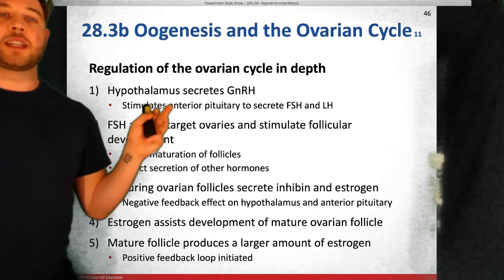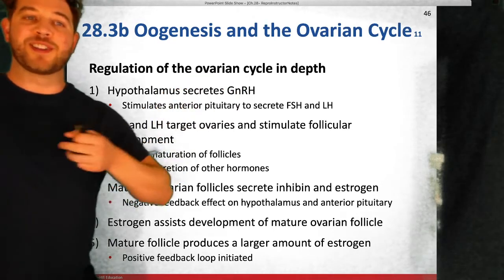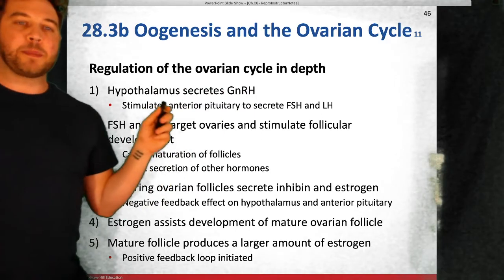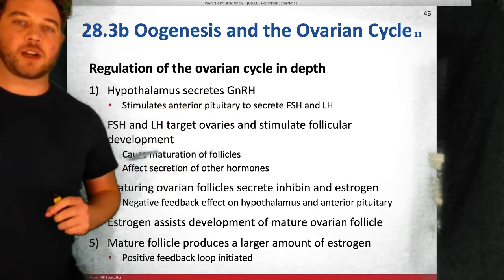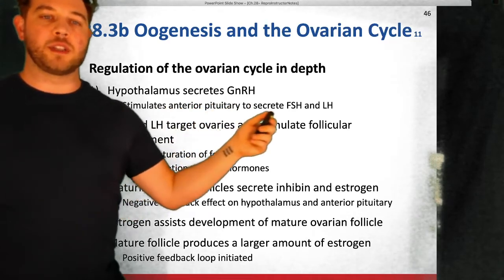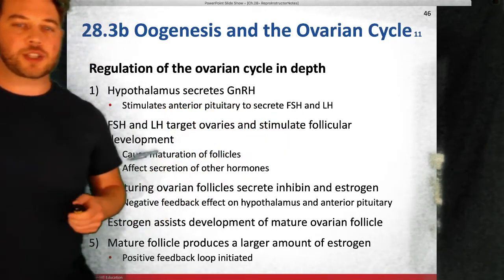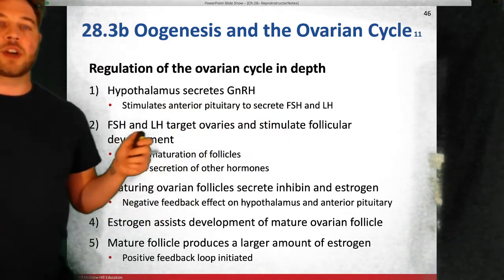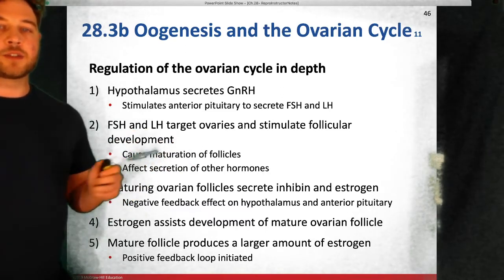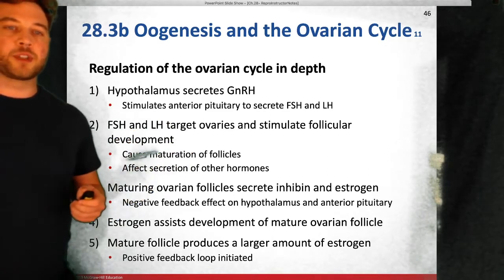All right, now let's get into the ovarian cycle in depth. Y'all thought we were done with it. Now we're going to look at it even more. Your hypothalamus begins this by secreting gonadotropin releasing hormone. That is going to trigger the anterior pituitary to release FSH and LH. Those two hormones are going to target the ovaries, stimulate follicular development, causing the follicles to mature and affecting secretion